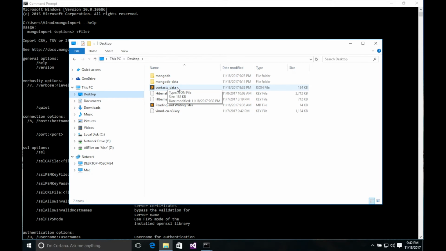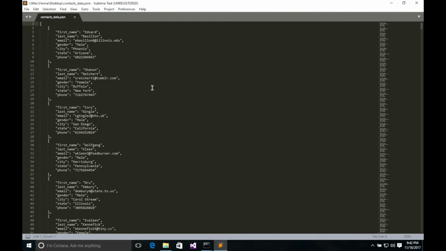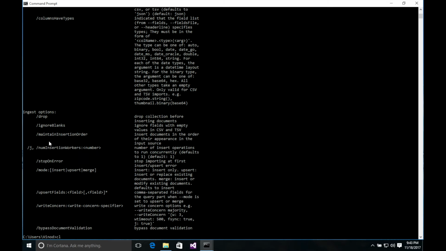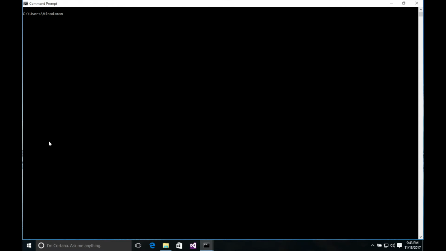I have a file called contactsdata.json, and that contains 1000 contact records with similar fields. Now, it is also possible in practice that the fields may vary, which we have already seen, but in this particular case, I have all of them with the same structure. Now, in order to import this, all I have to do is come to the command prompt and say mongoimport,